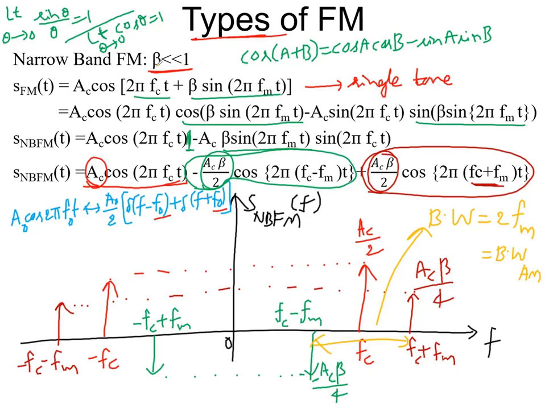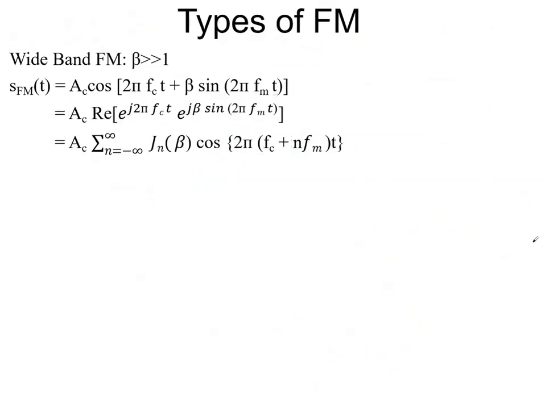What is narrowband? Why is it called so? Because it has only two sidebands. What are the two sidebands? You have just now seen, your two sidebands are your upper sideband and the lower sideband, just like what you have studied for your AM case. Only two sidebands are there. One upper sideband is there, one lower sideband is there. Bandwidth is very small. But let us go and look into the other variety, that is the wideband FM, where